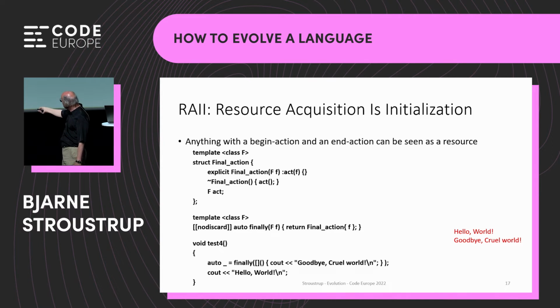I put in here, this is from C++17, I think, nodiscard, so that you couldn't forget to store the result of the finally function somewhere. So this is my answer to people who say C++ should have a finally. It has. It has had it for 20 years. Okay,